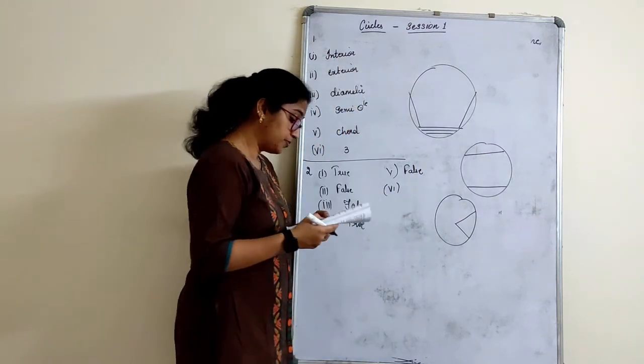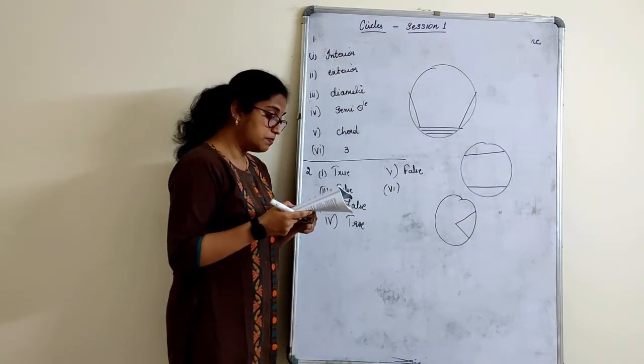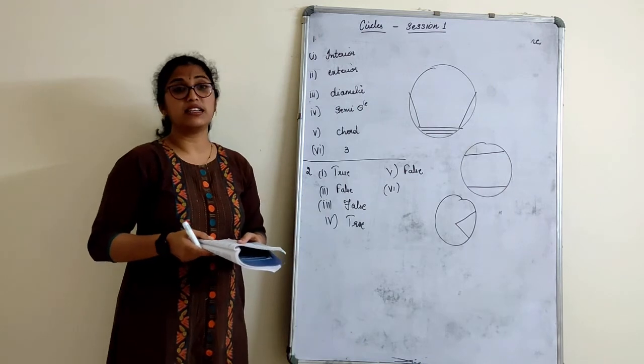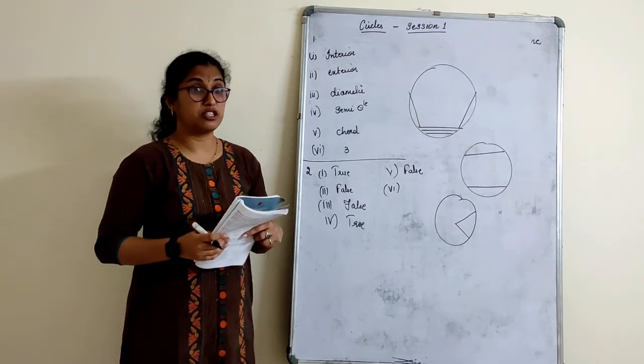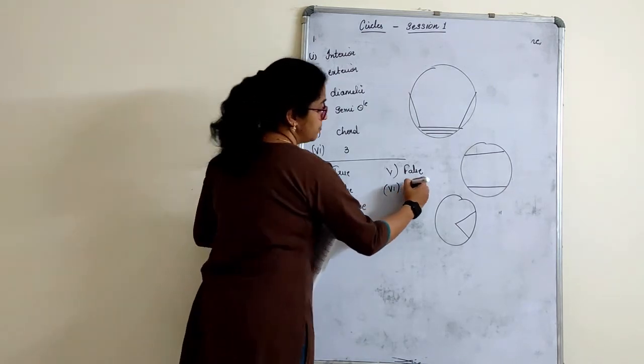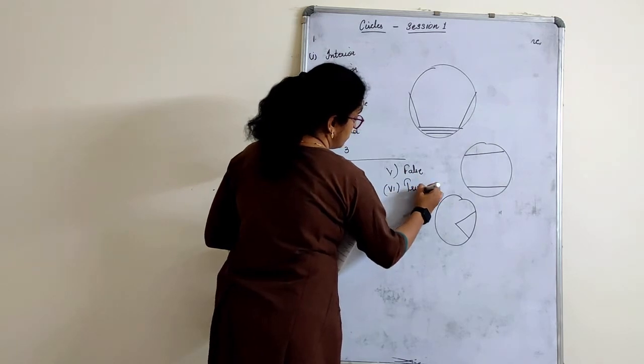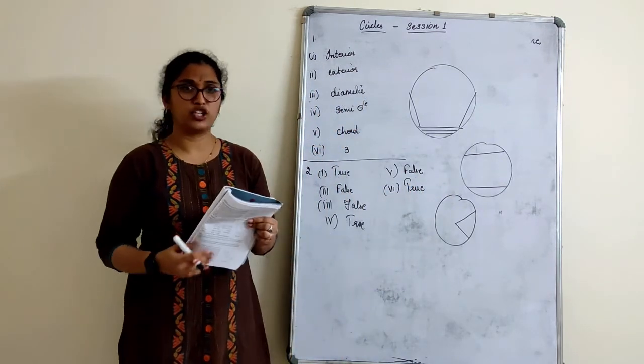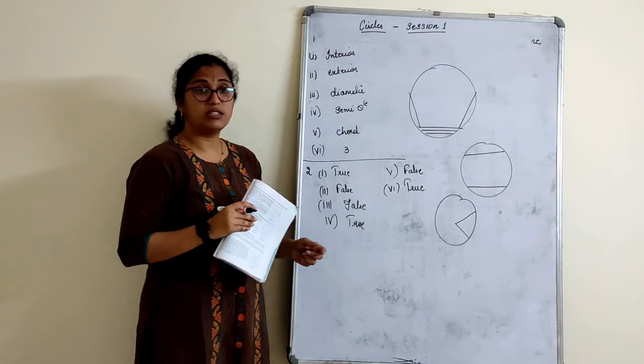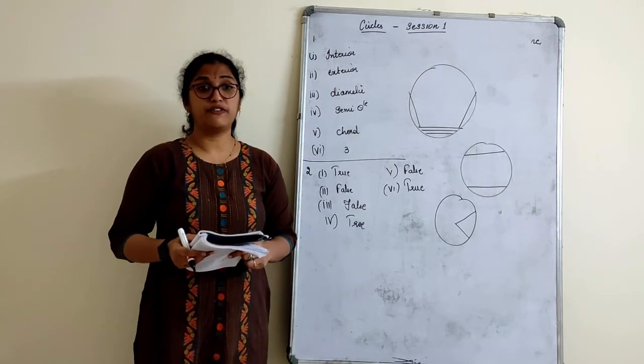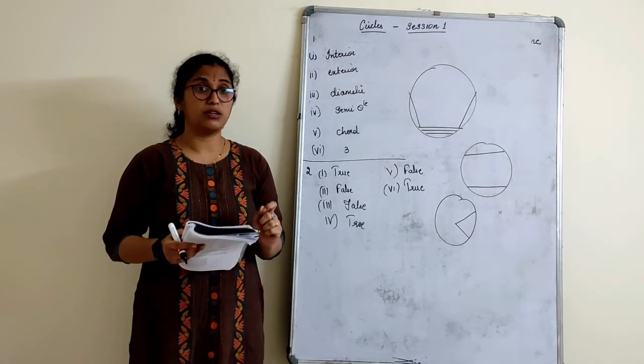Sixth one, a circle is a plane figure. True, a circle is a plane figure. It cannot be a solid figure, right? So, it's two-dimensional, it's a plane figure. So this is true or false, but for true or false, as I have told you, explanation is a must, as they have asked.